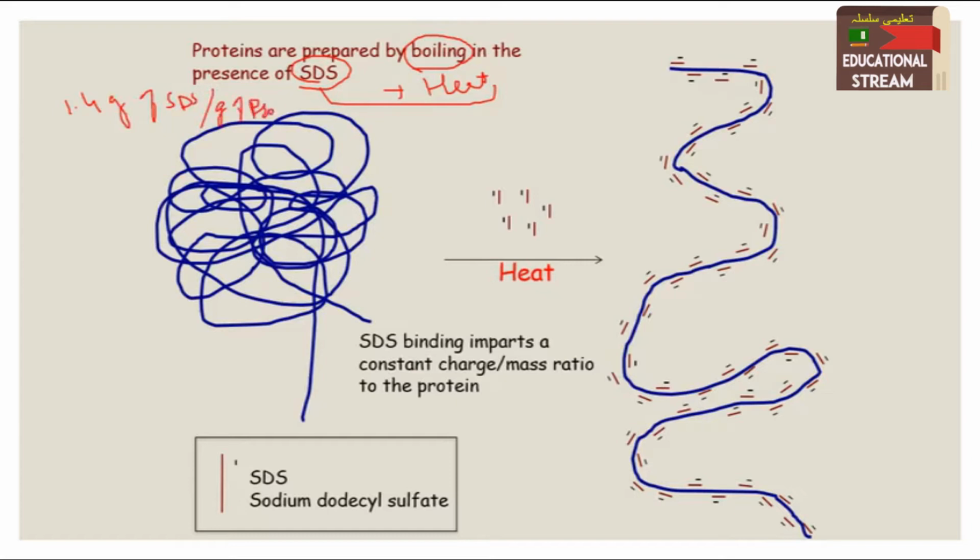It means that if we see how many SDS molecules will bind to amino acids, it is binding of one SDS molecule per 2 amino acids. One SDS molecule will bind with the 2 amino acids and it will give negative charge. It acts as a surfactant. It masks the protein intrinsic charge.